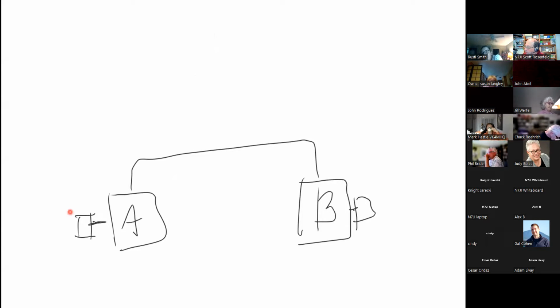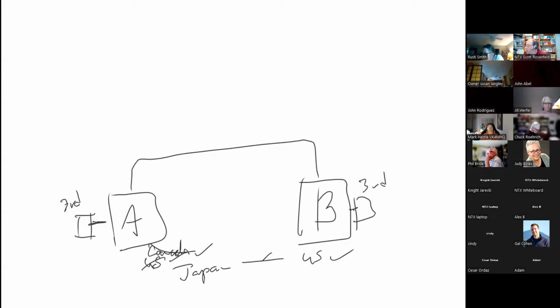They are then, this station is a third party, and this station is a third party. They are engaging in third-party communications. Third-party communications are permissible when the countries in which both stations are located allow it. If this is US to US, that's perfectly fine. It works great. If one of them's Canada, that's also fine. If one of them is Japan, that is not fine, because the United States does not have a third-party agreement with Japan. The list of countries with which we have third-party agreements is actually